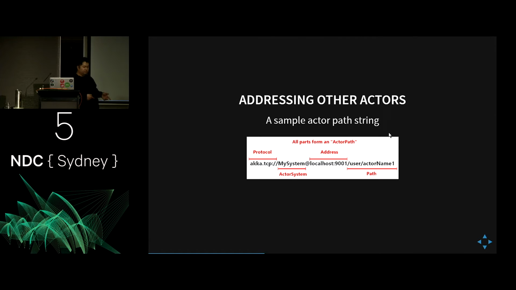Now, if we look back at some of the other diagrams where you had supervision, where you had /user/actor name, that's basically the path in the tree for whatever actor you want to talk to. So for example, if I want to say user actor name 1 and there's an actor under it called foo, it would just be /foo, and I'd be sending messages that way. So it's fairly simple to be able to address and send messages across the wire using this kind of addressing scheme.